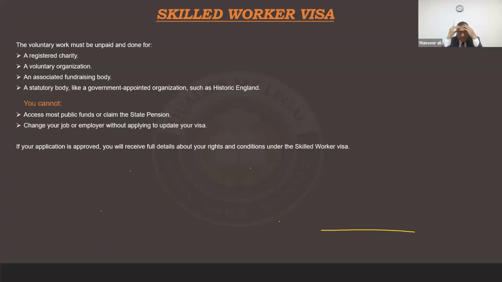As far as long term is concerned, at first stage you need to apply. There's no long term or short term, Zuma. You can apply at first stage. You need to apply and find an employer. Once an employer has been found, you need to spend 5 years within the UK. And once these 5 years have passed, then you can apply straight away for indefinite leave to remain. The whole time duration is 5 years. So I hope I answered your question.